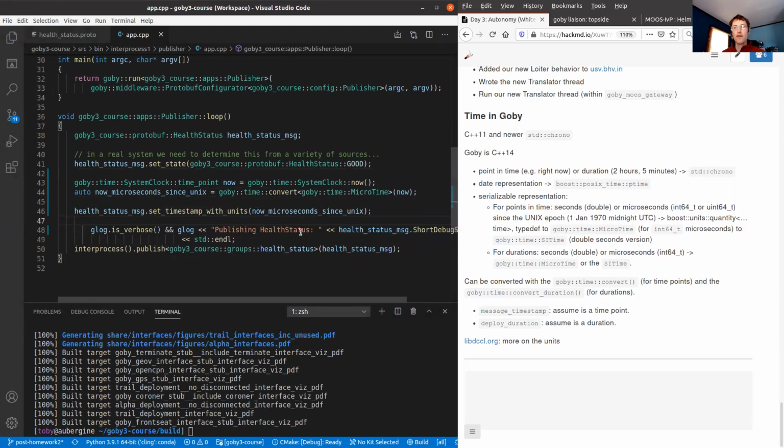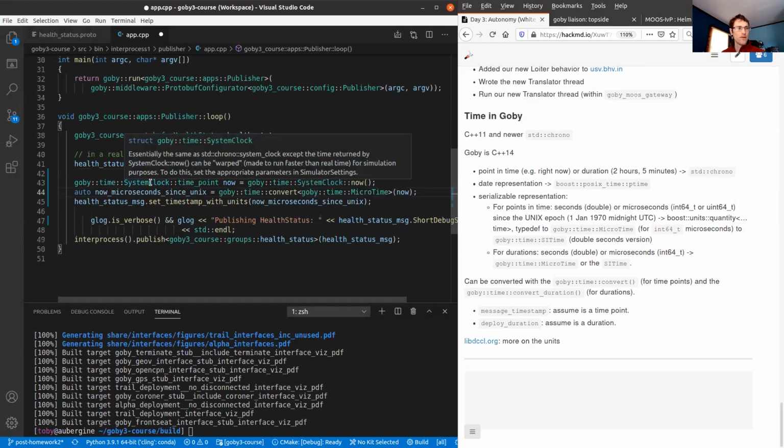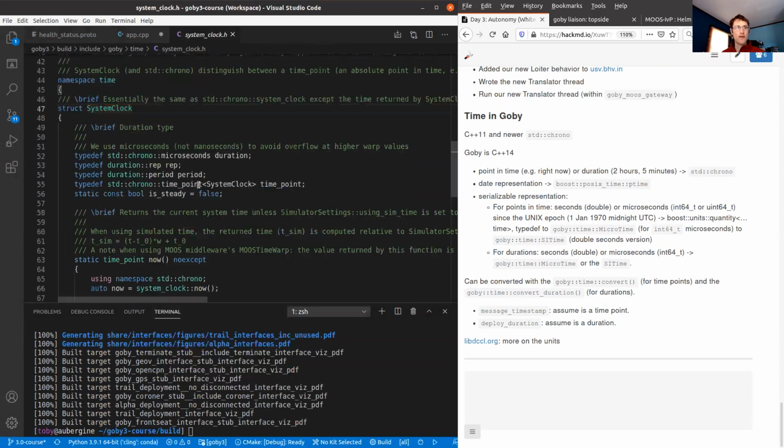Okay, so this is kind of a lot of code to set the current time. There's a little bit we can shorten this up with. First of all, I should mention system clock is a very thin wrapper around standard chrono system clock. So it uses the same duration types, period, representations, time points.